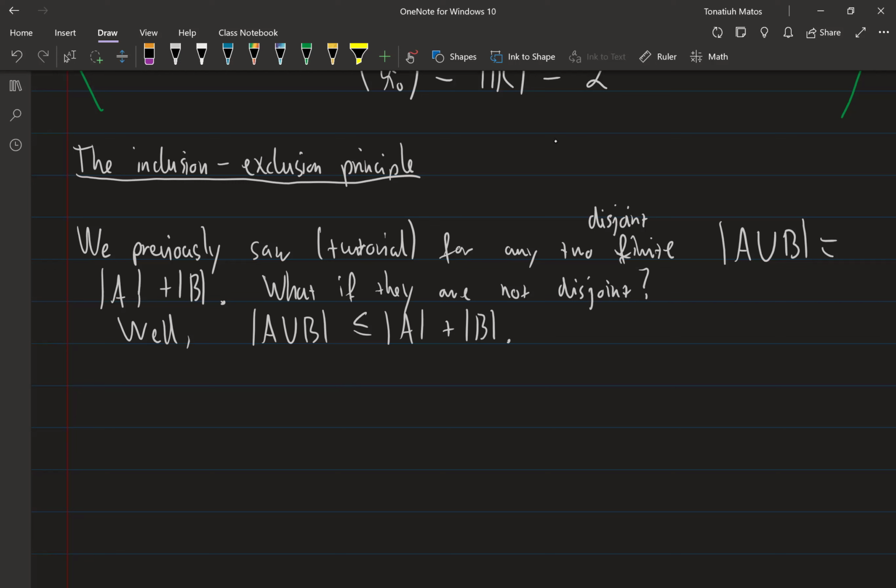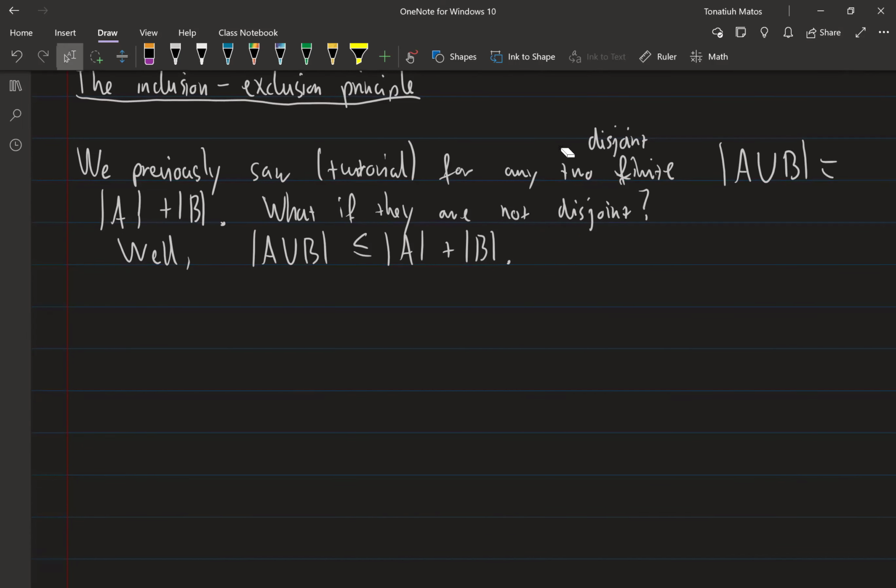Then you get another set of size 10, but when you add them up, you get, well, 20, right? So is there something better? Can we do better than this? And of course we can do better. So the first proposition that I want to tell you about is if A is a subset of B, finite